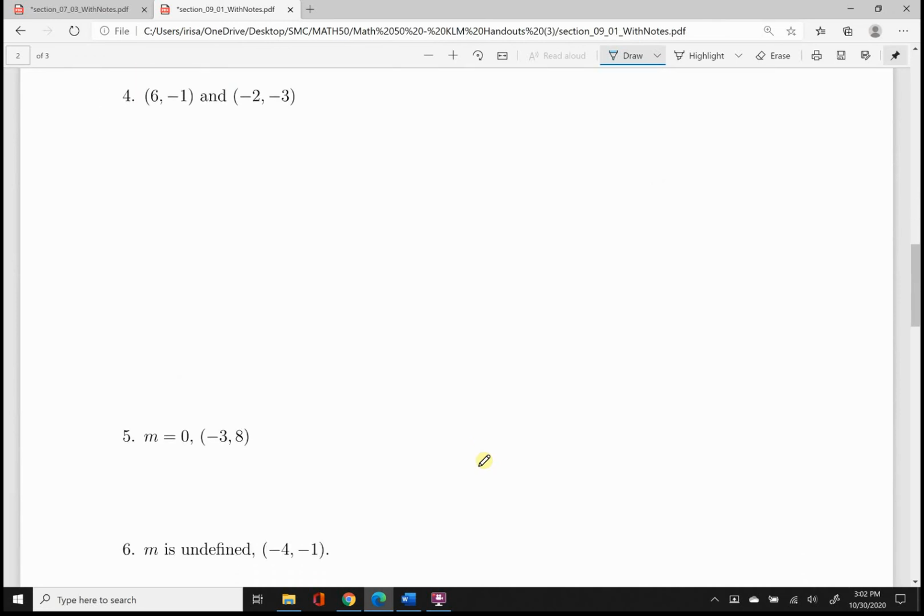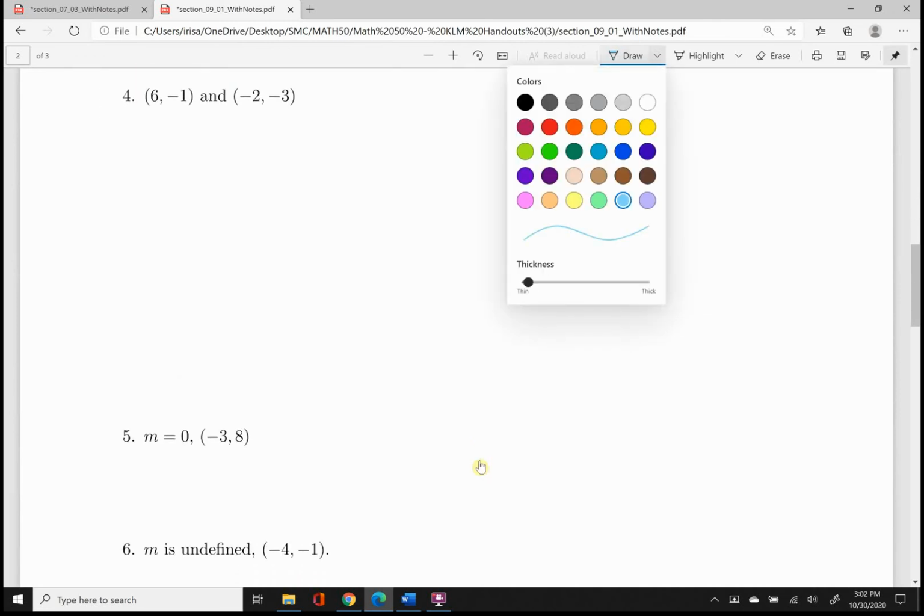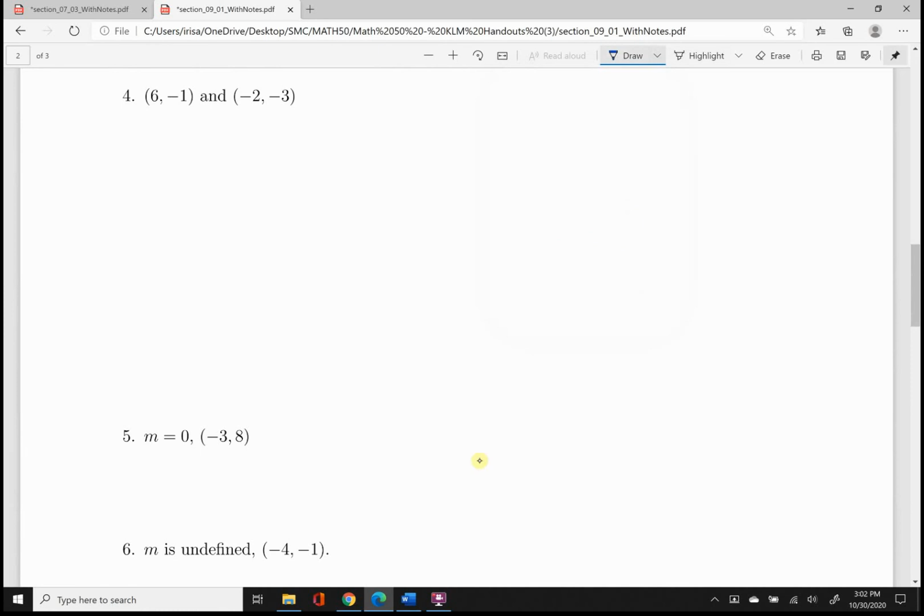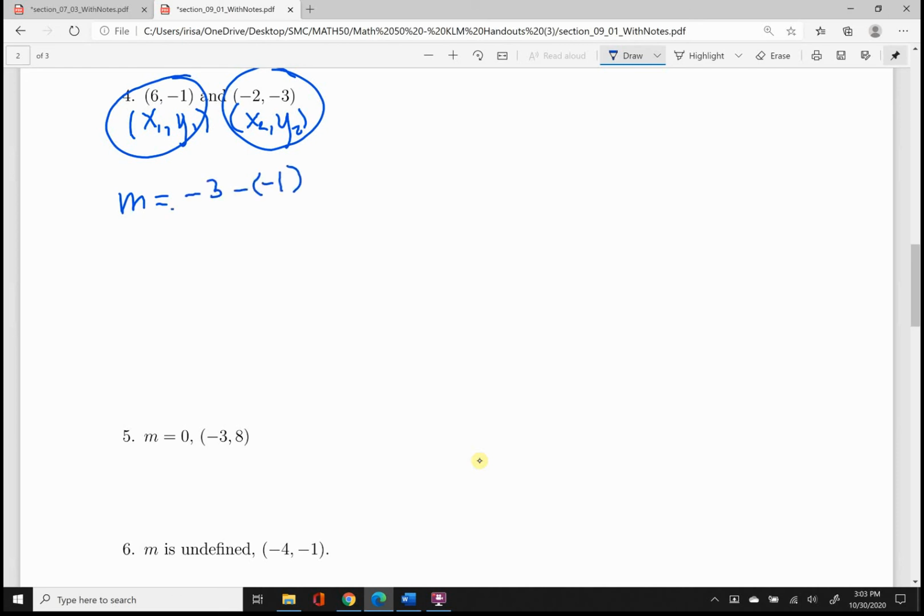Okay, let's do another one of this type where we have some ordered pairs. Again, the first step is to calculate the slope, and first you have to decide who's x1, y1. We'll just go ahead and stick with convention and have the first one that I see be x1, y1, and the next one that I see be x2, y2. You could technically switch it and have that be fine. So therefore, m equals -3 minus -1. And then in the denominator, it'll be x2, which is -2 minus 6. Okay, and that will yield, well,